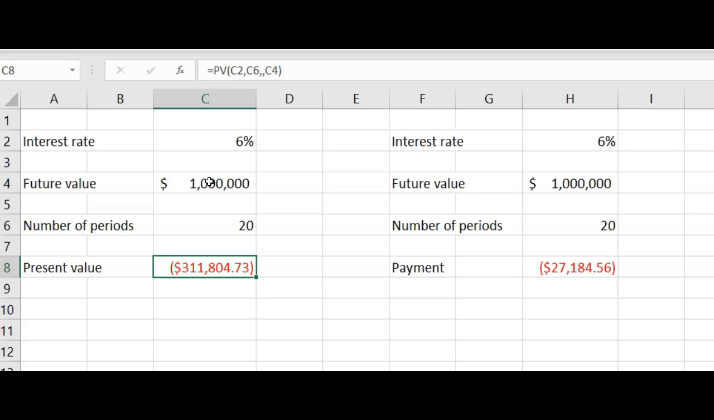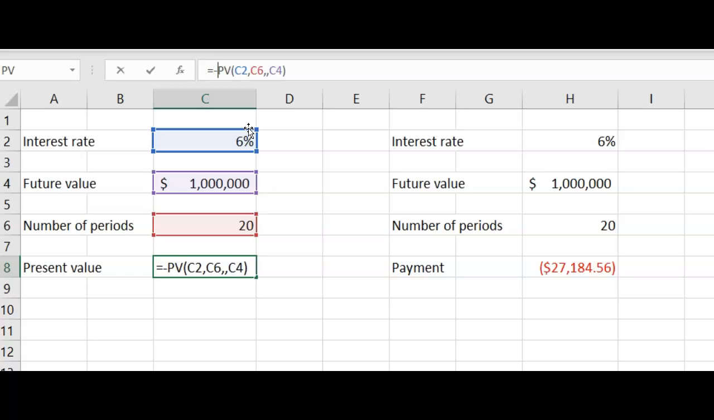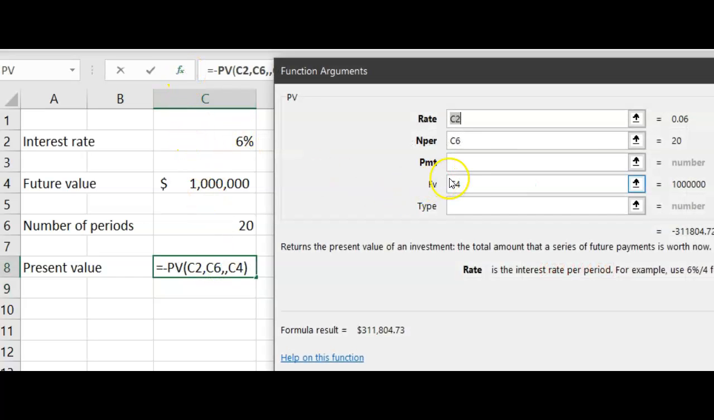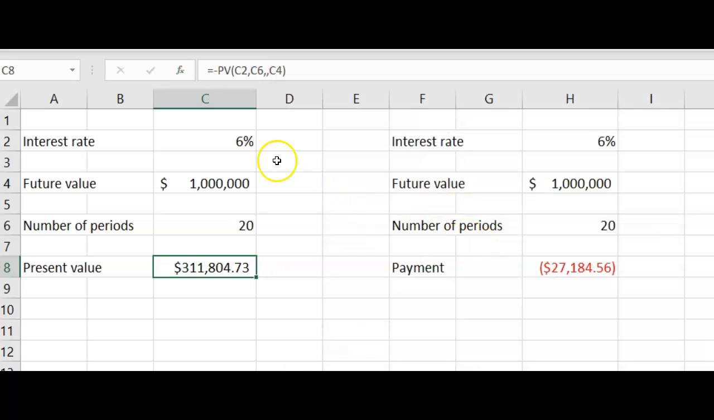And if we earn 6% per year for the next 20 years, that will grow to be $1 million. Now, once you understand that, you probably just want to know how much you have to put away today. Just put a negative after the equal, and it'll flip the sign for you. Okay, other ways to do that, instead of entering it as a negative,